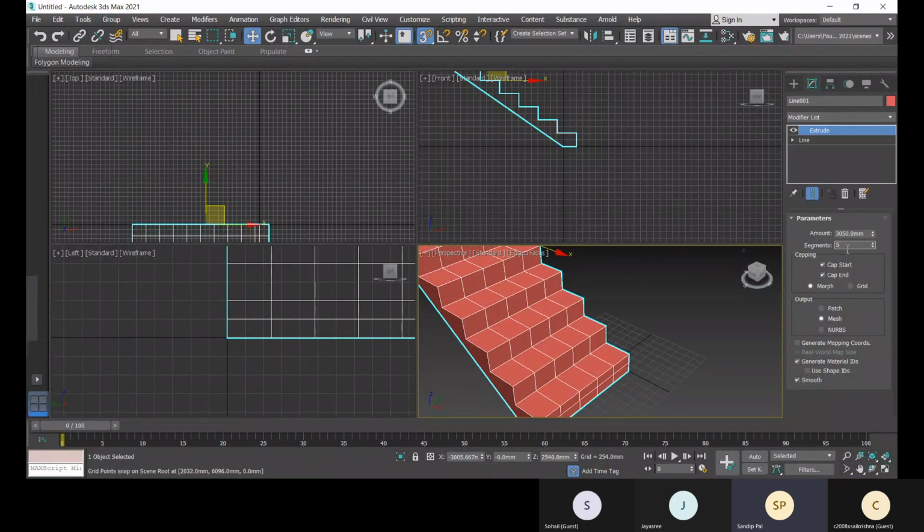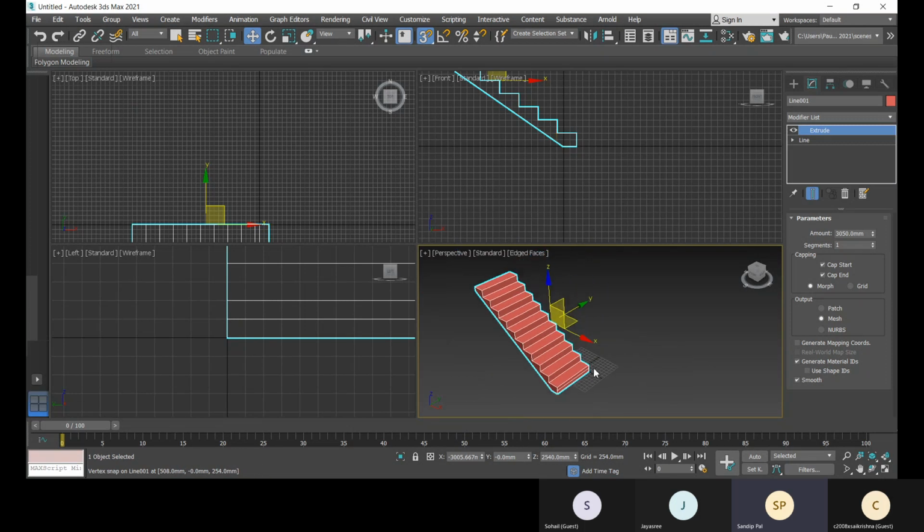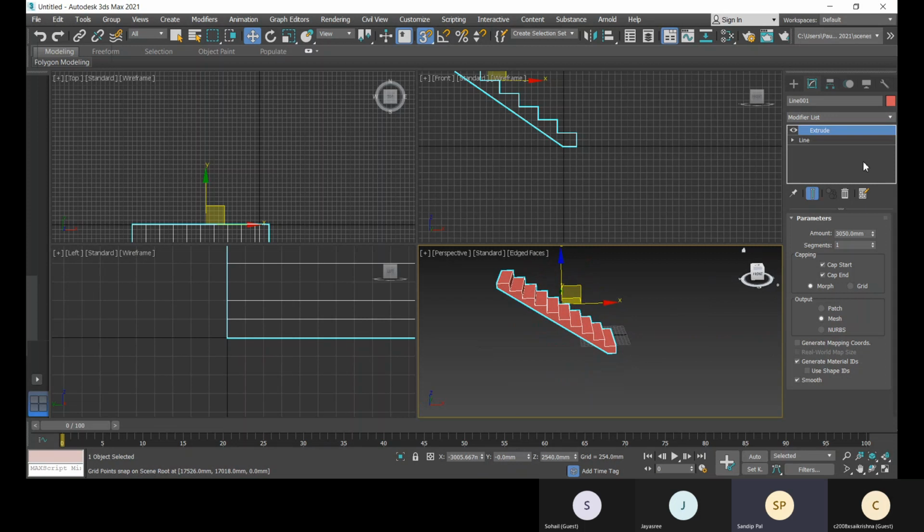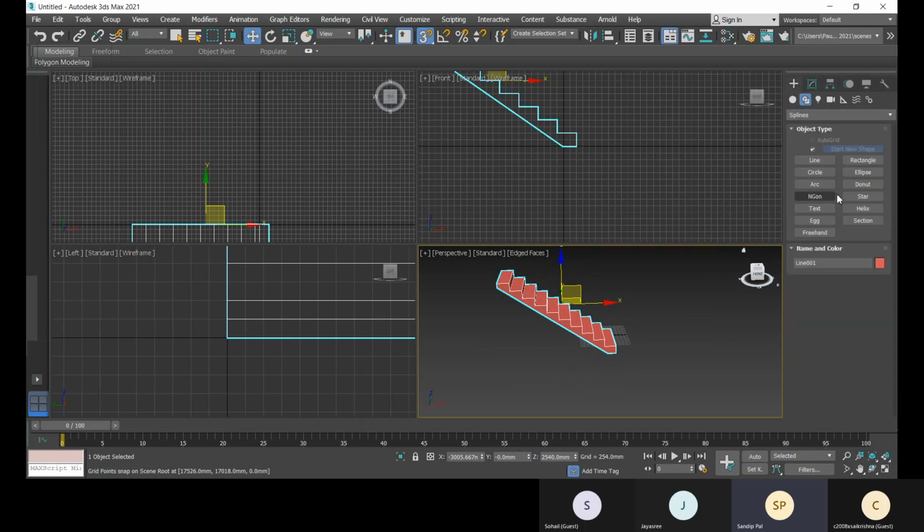If it is not required, you can provide only one segment. So this way you can create your models with these shapes. You can create the 2D shape and then convert it into 3D.